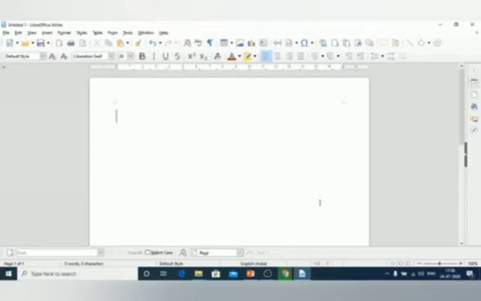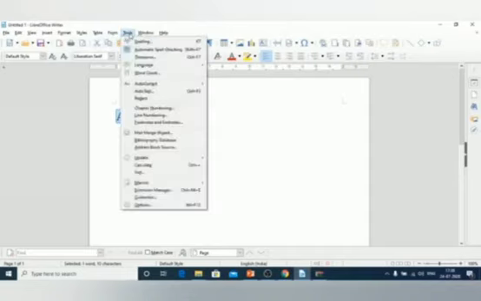The list of synonyms can be accessed by going to Tools. Now we'll see the synonym of this word attractive. So for that, we first have to select the word, then click on the Tools menu.